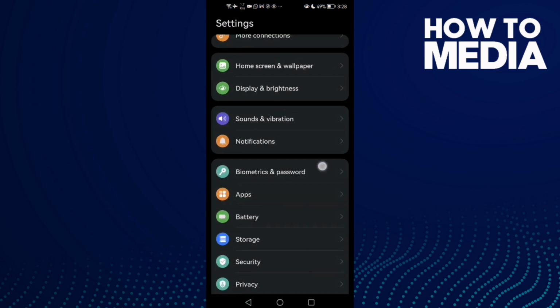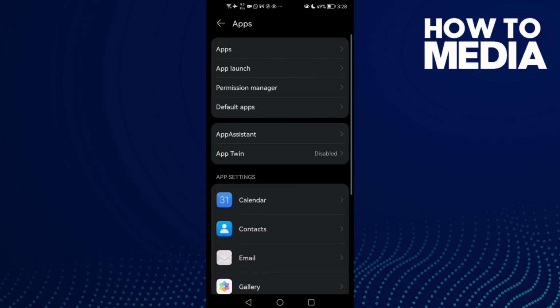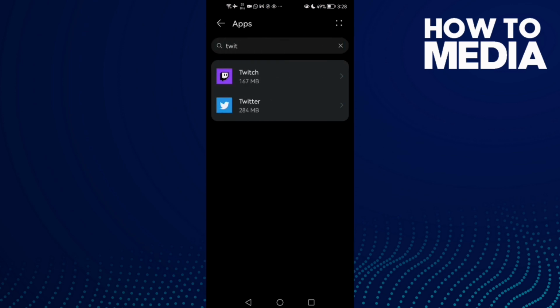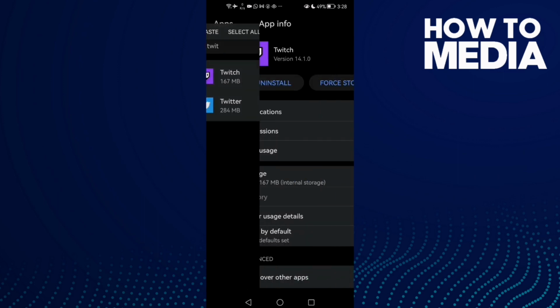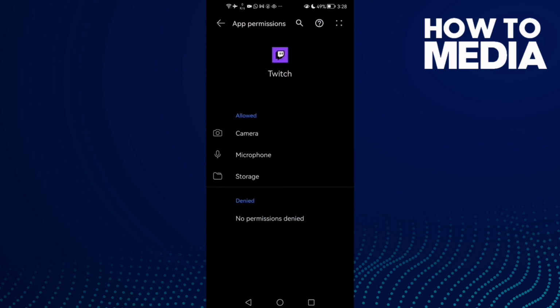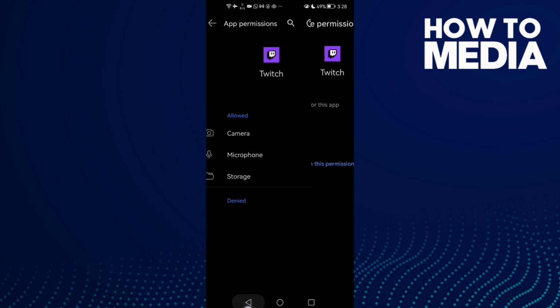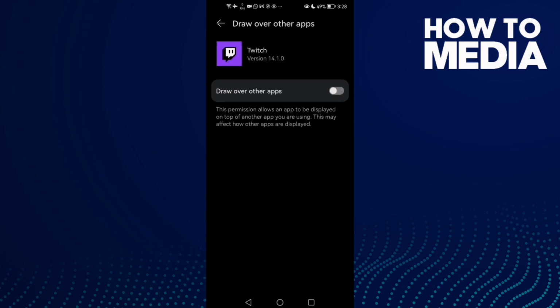First open settings and now scroll down until you find here apps and then click apps again, and here type Twitch and then click on it. And first thing you need to do here is to click permissions and then check all of those permissions here, and then just allow all of those